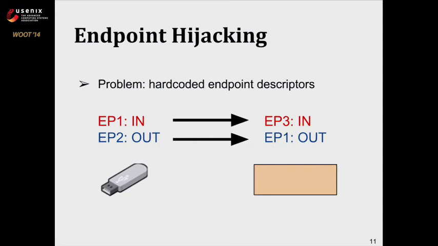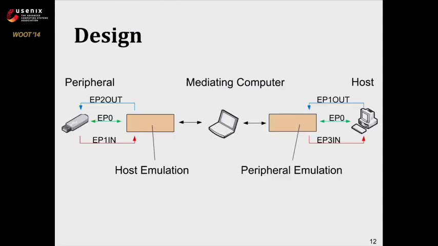You can't change it. Unfortunately, the PhaseDancer device also has a USB microcontroller with hard-coded endpoints. So what you need to do is map the endpoints from your real device to the ones of the PhaseDancer, or otherwise it's not going to work. So what you'll see here is, on your left, the mass storage device might say, well, endpoint 2, OUT direction. And what I would do when this